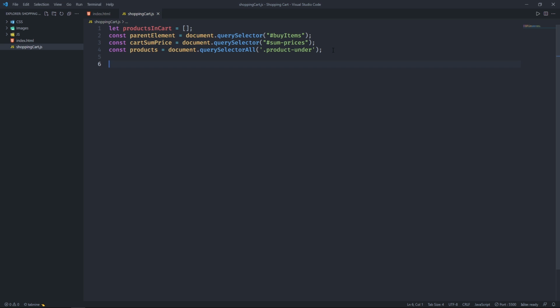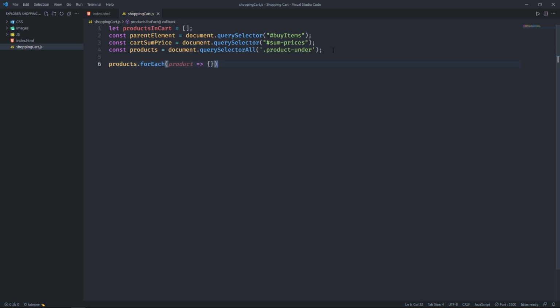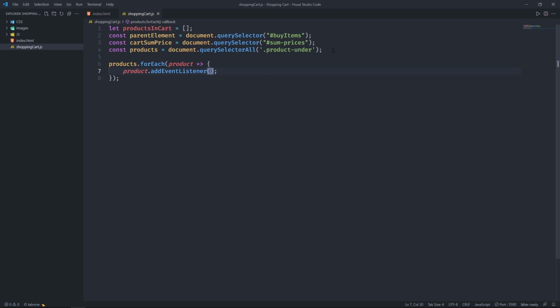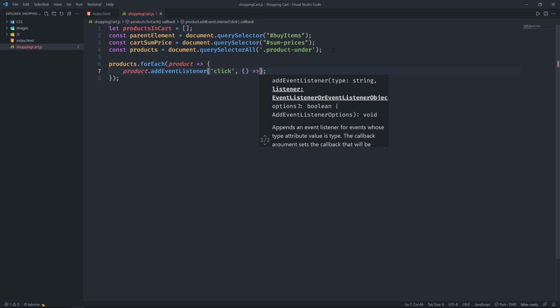Now we can add an event listener on all of those products by typing products.forEach, then for each product, addEventListener. The type of event should be click, and for the callback function,